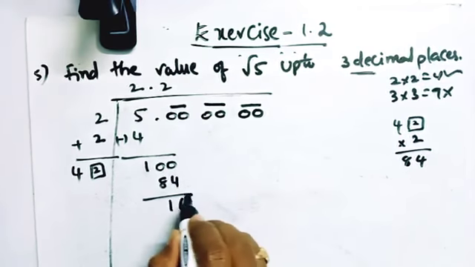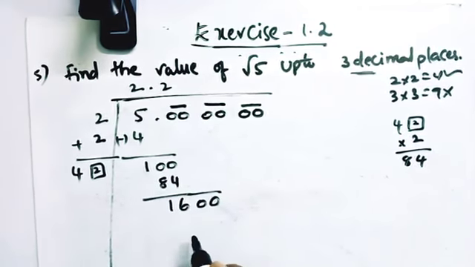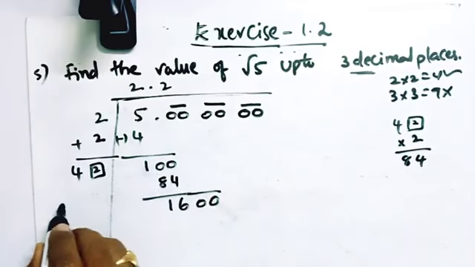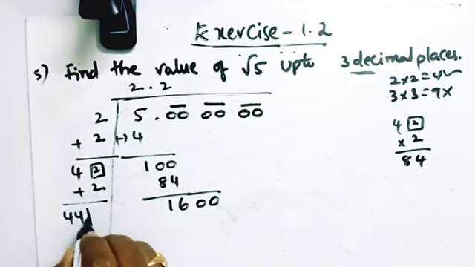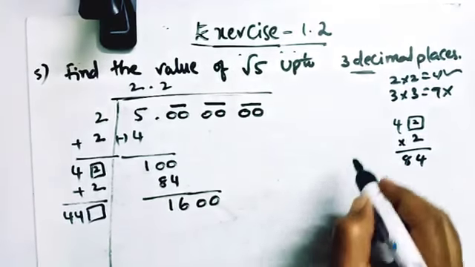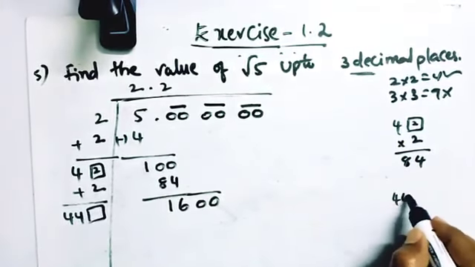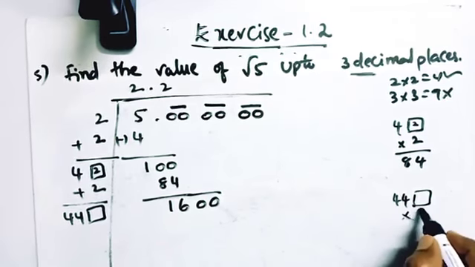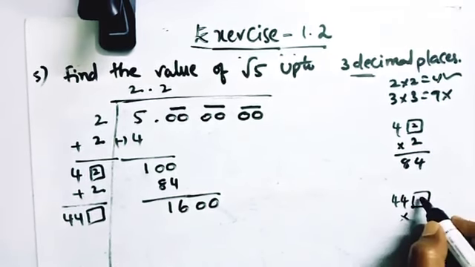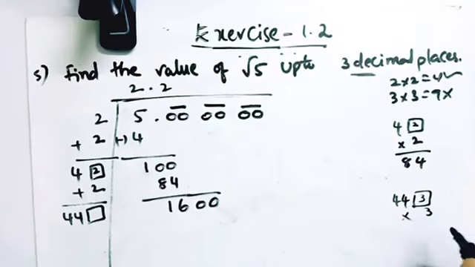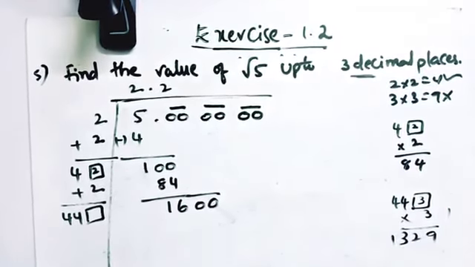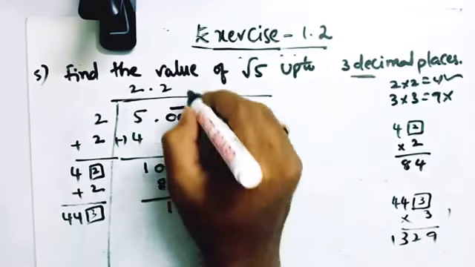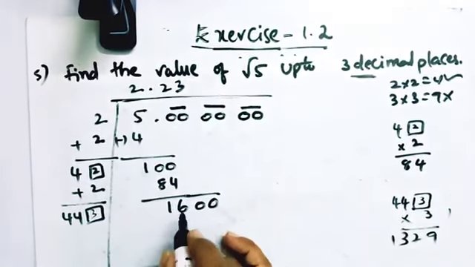After that you can take one more pair down. Again, to get the next divisor you should add this 2 here, so it will become 44. Now we need the next box number, so that is the 44 box. So we need to multiply with the same number. So 443 times 3: 3 times 3 is 9, 3 times 4 is 12, plus 1 is 13. Then you will get the number